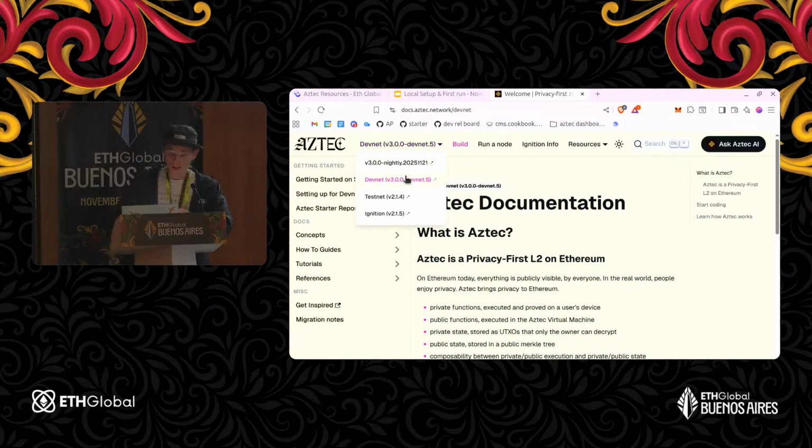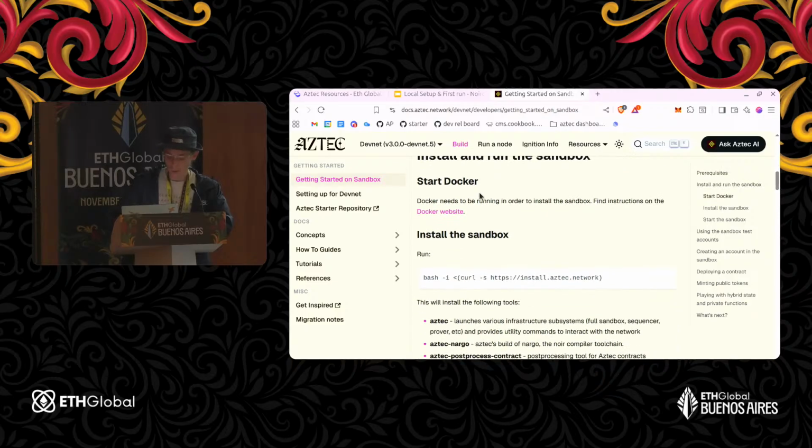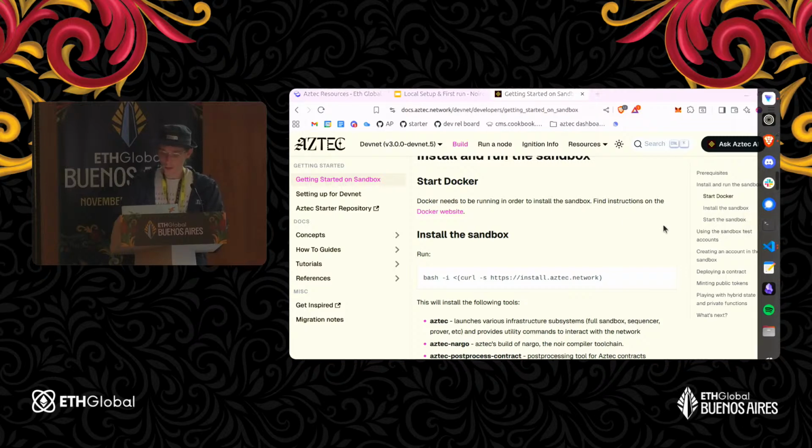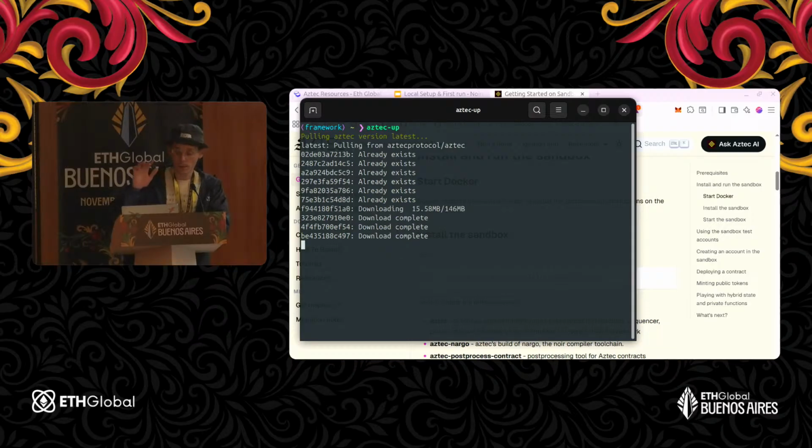So use the DevNet version of the docs, and then Getting Started on Sandbox is the place to go to install the tooling. You can copy this command, and this will install the Aztec up tooling. I already have it installed, so if I just run aztec-up, it's going to pull the latest tag. The latest tag is for the current, okay, this is actually going to install the whole thing. I'm not going to do this because it would install the latest version for Ignition, which is 2.1.7 right now. What we want to do is aztec-up